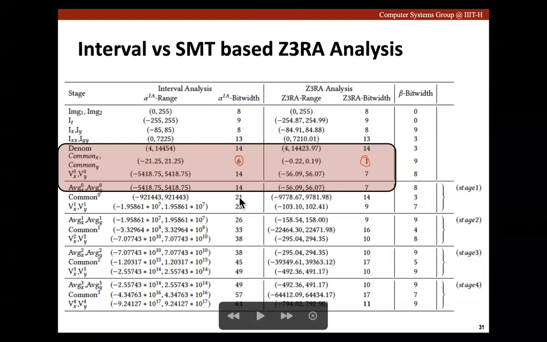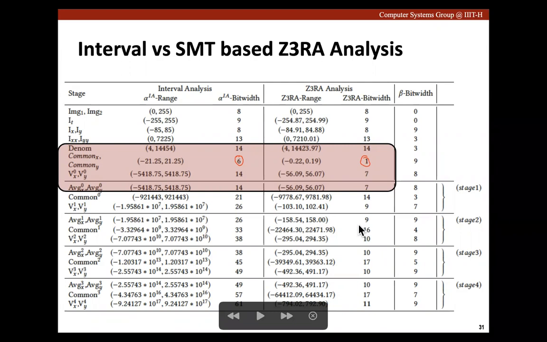Here, common 0, using interval analysis, it says it requires 21 bits. But the SMT solver based approach, which we will see in a while, says it requires 14 bits. Again, in the next stage, in stage 2, common 1 requires 33 bits according to interval analysis, but the SMT solver based approach says we only require 16 bits. But in any case, what we are trying to say here is,